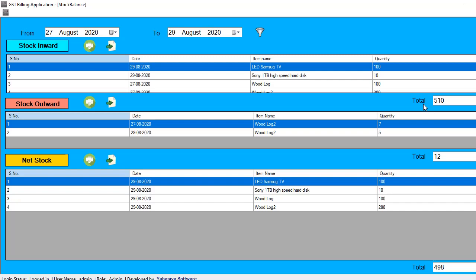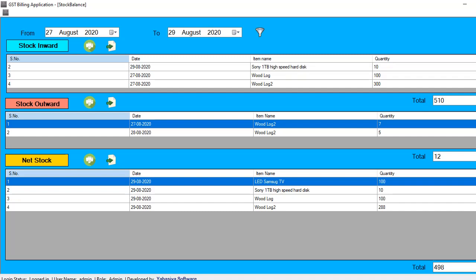Also, before we showed each record item but we didn't sum them up or count them, but that is done now. So you have your stock inward total, stock outward total, as well as your net stock total. That is the stock balance that you have.